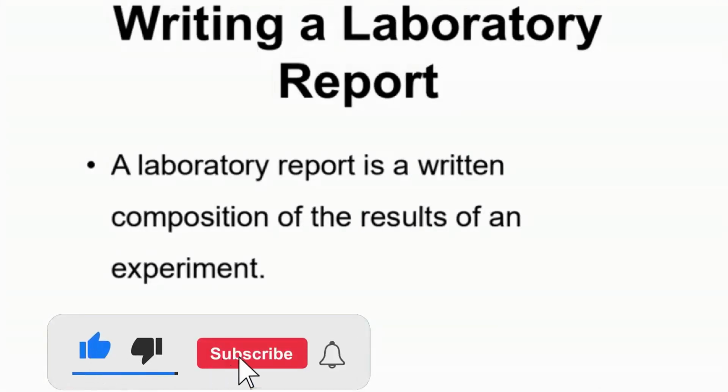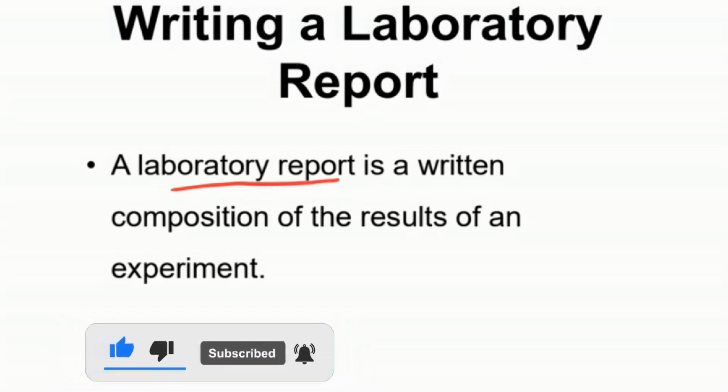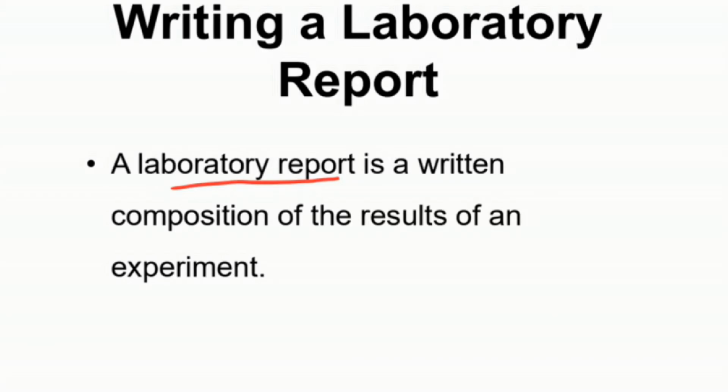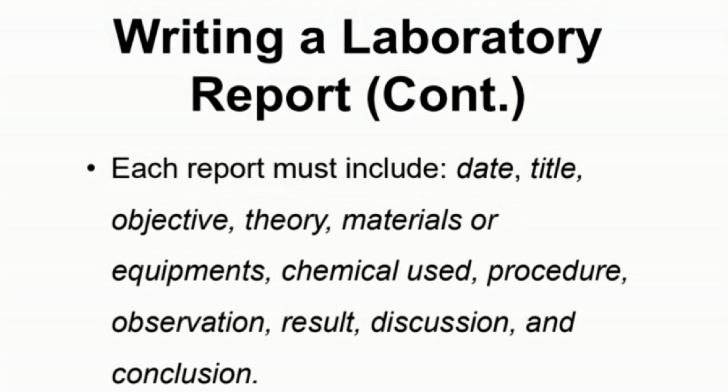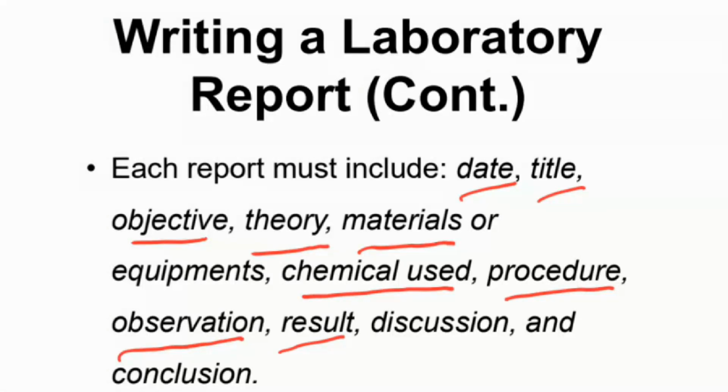Now let us see how to write a lab report. A lab report is a written composition of the results of an experiment. ላብ ውስጥ የሰራችሁትን ውጤቶች በጽሁፍ መልክ አቀናብራችሁ ማቅረብ ማለት ነው። One very important point that you have to remember is each lab report must include: date, title, objective, theory, materials or equipments, chemical used, procedure, observation, result, discussion and conclusion. ስለዚህ እያንዳንዱ ሪፖርት እነዚህን ማካተት አለበት።